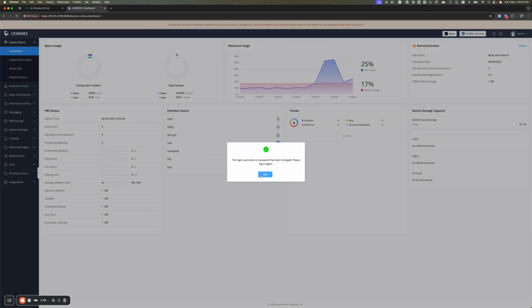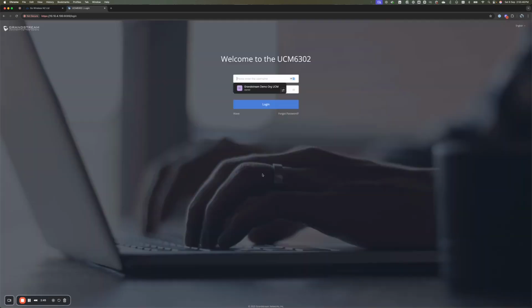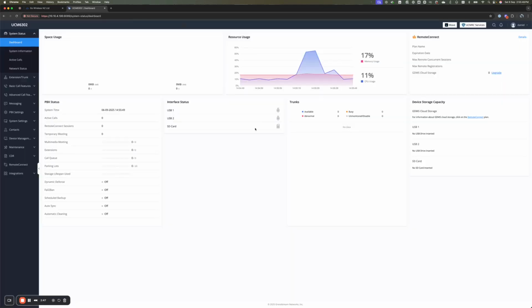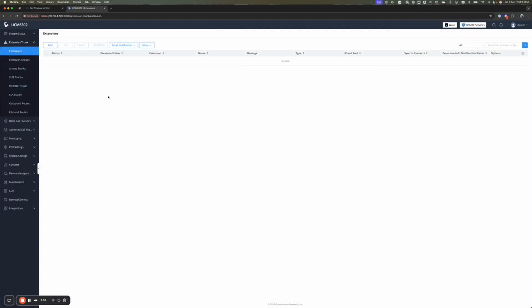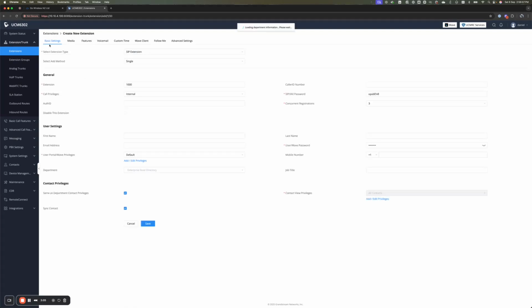Okay, so now we need to log back in with our new username and password. And you'll be presented with the dashboard. So if we come down to extensions under the extension trunk menu, you'll see we don't have any at present. So let's go ahead and add an extension. Now, there's a couple of ways we can do this. So first we'll start off by just creating a single SIP extension